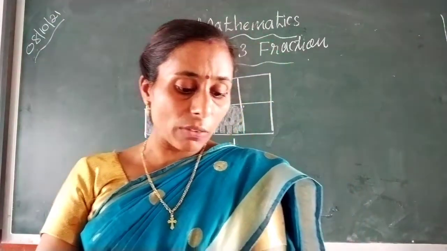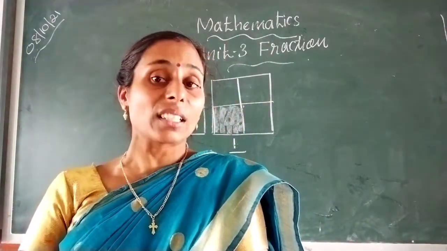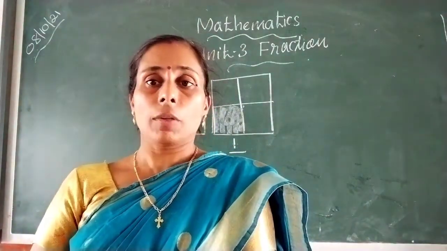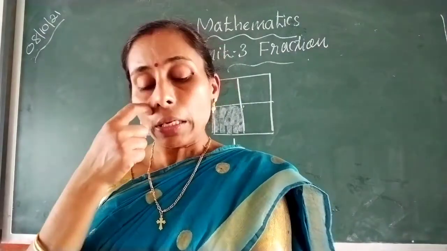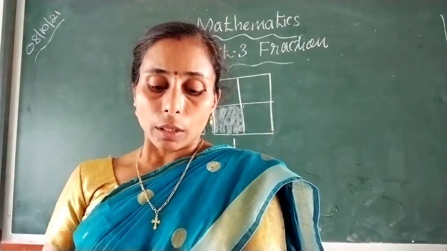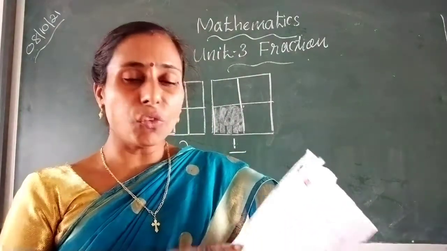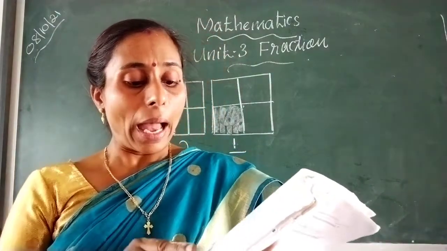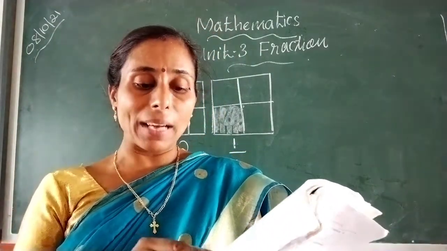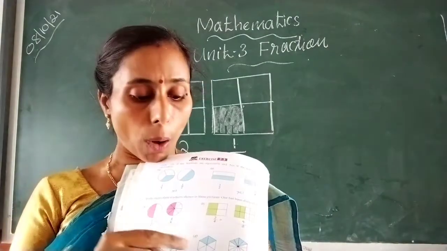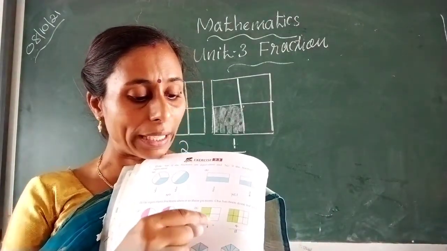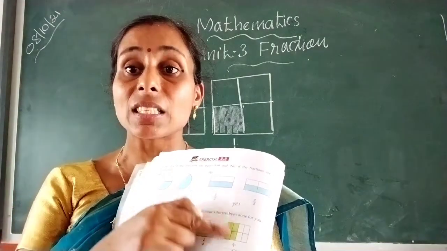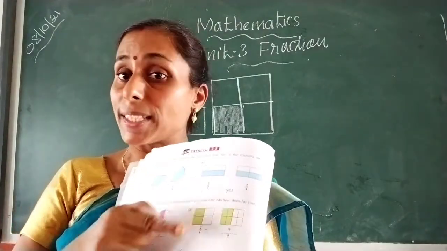Here, write the equivalent fractions shown in these pictures. We have to write the fractions. What is the first one? Already it is given, 4 upon 8. 4 parts are shaded out of 8 parts. Next one, 2 upon 4. Out of 4 parts, 2 parts are shaded, so we can show 2 upon 4. And here next one, total 8 parts are there, out of 8 parts, 4 parts are shaded. So 2 upon 4 is equal to 4 upon 8 because the area of the shaded parts are equal, or the size of the shaded parts are equal.